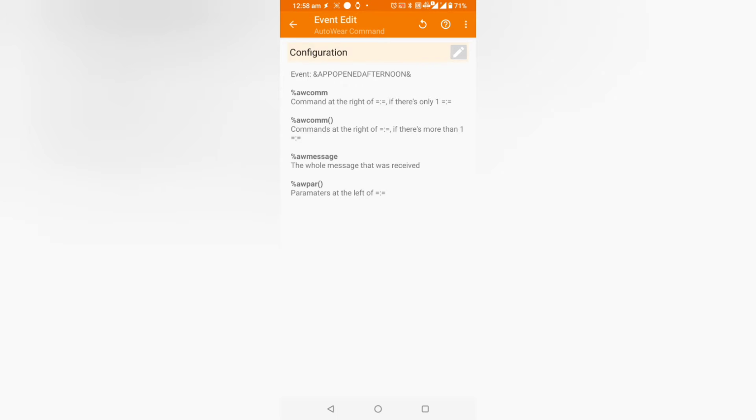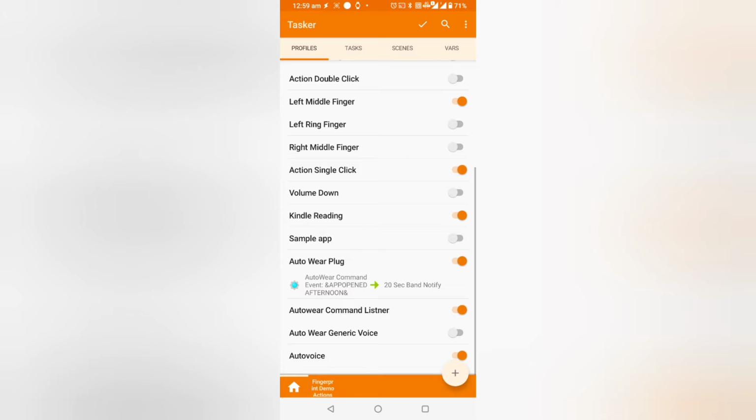So you don't have to send any parameter, and I don't think AutoWear even supports that right now. So there are predefined events, and we can just intercept them according to the name defined inside the AutoWear plugin. So when it happens, it will trigger my task.